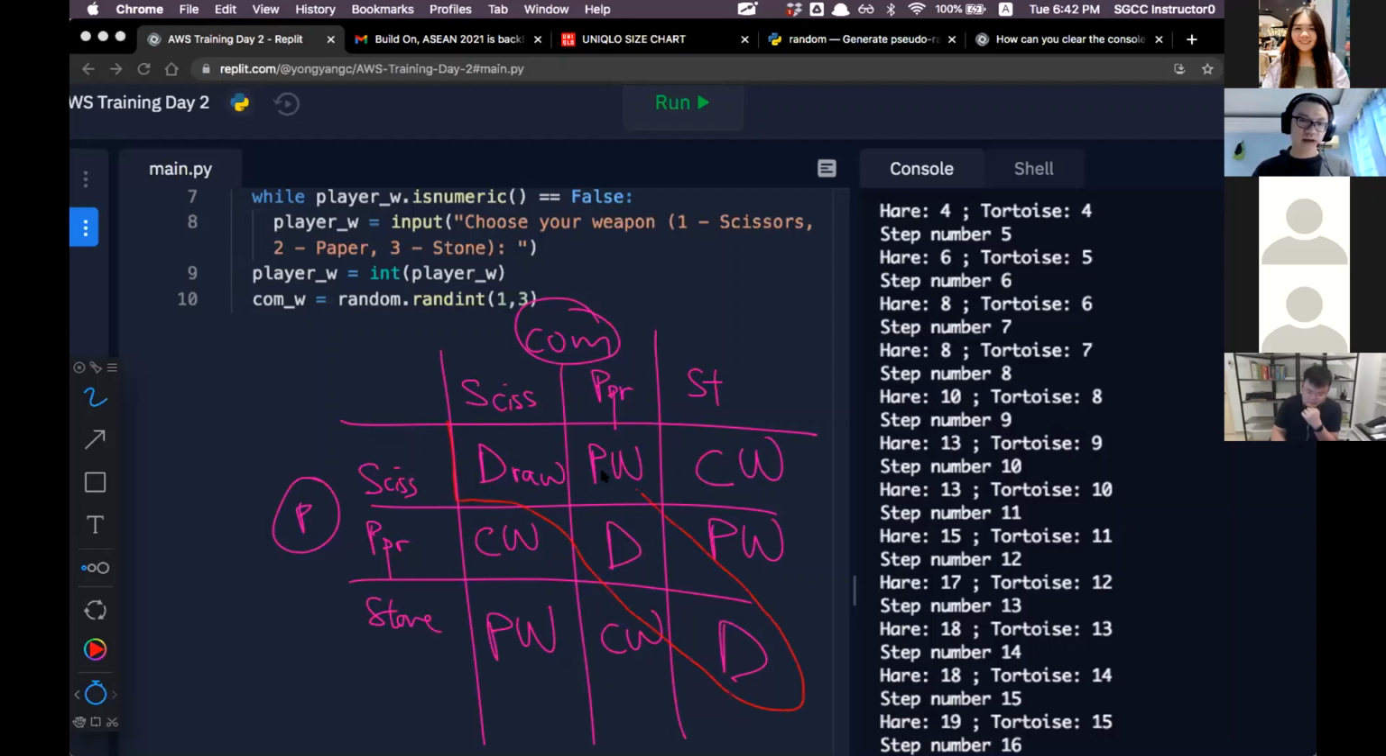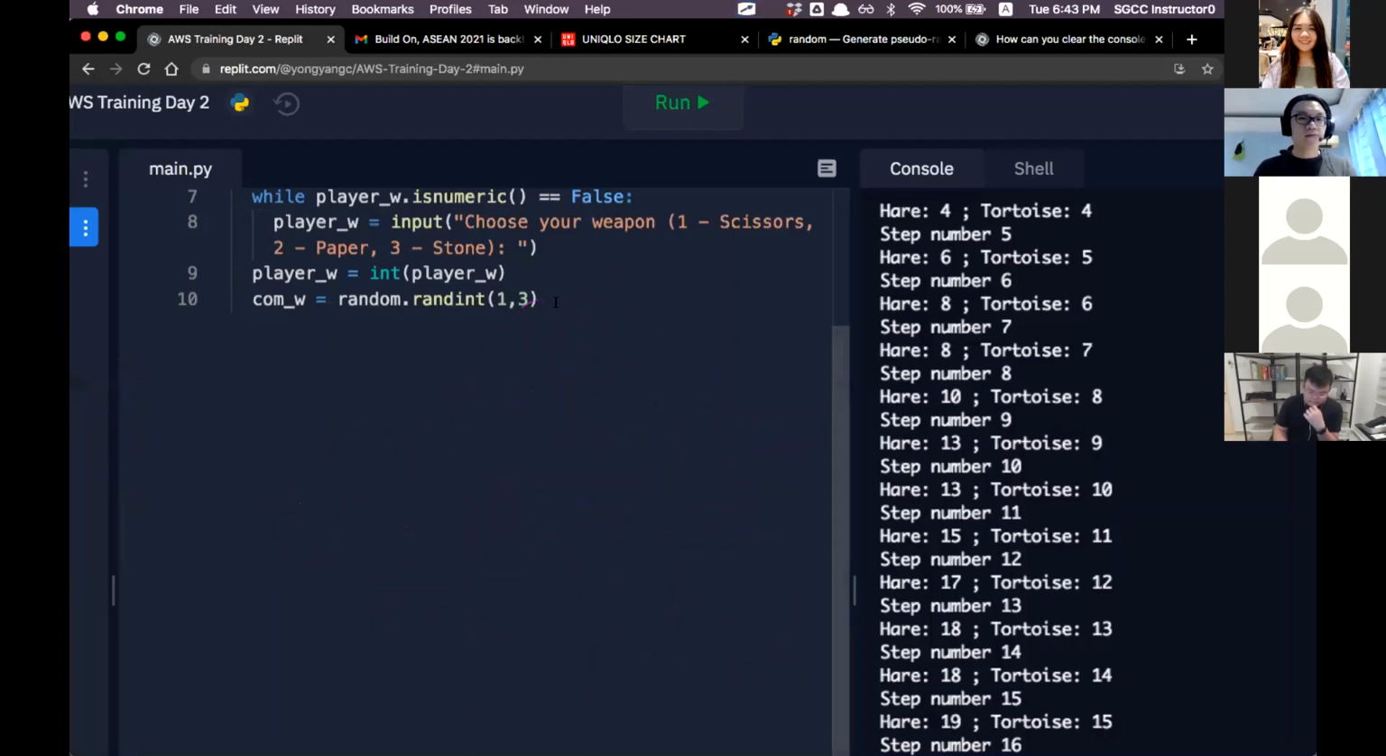When they are equal, there will always be a draw, whereas for the others, we will need to hard code it. That means we need to check the player one's weapon and the computer's weapon manually. How would I go about doing this? I'm going to show you now. So let's write the conditions. If player weapon is exactly equal to computer weapon,